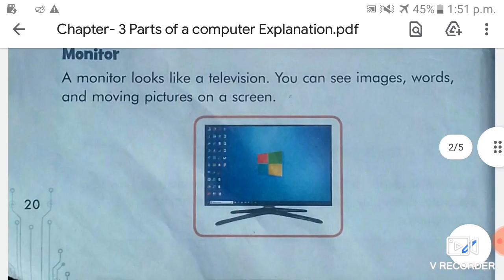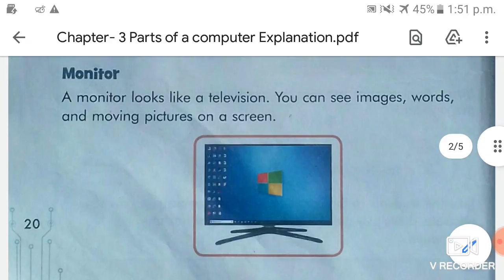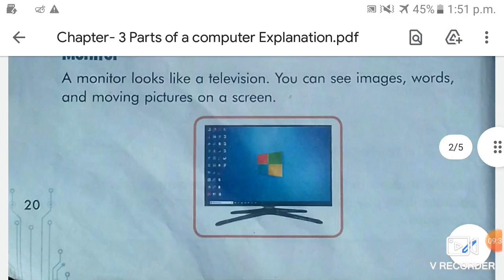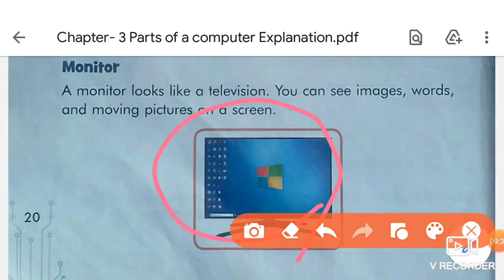But students, do you know the basic difference between a television and a monitor? There is a basic difference between a television and a monitor: a monitor doesn't have a tuner to change the channels like a television, okay?